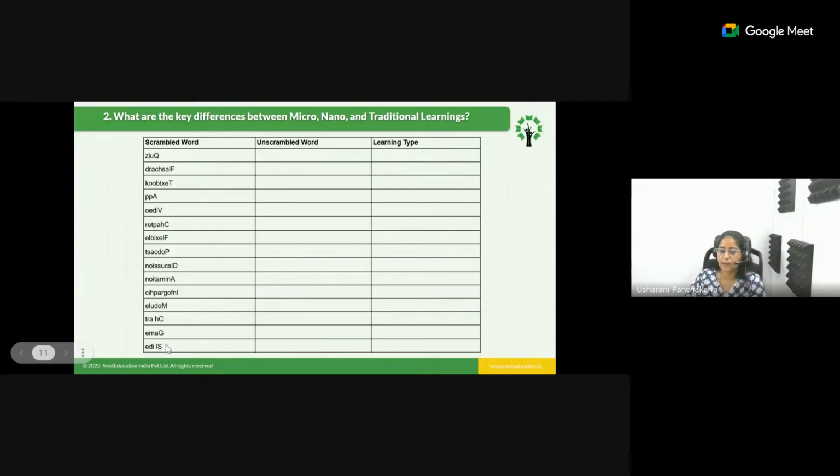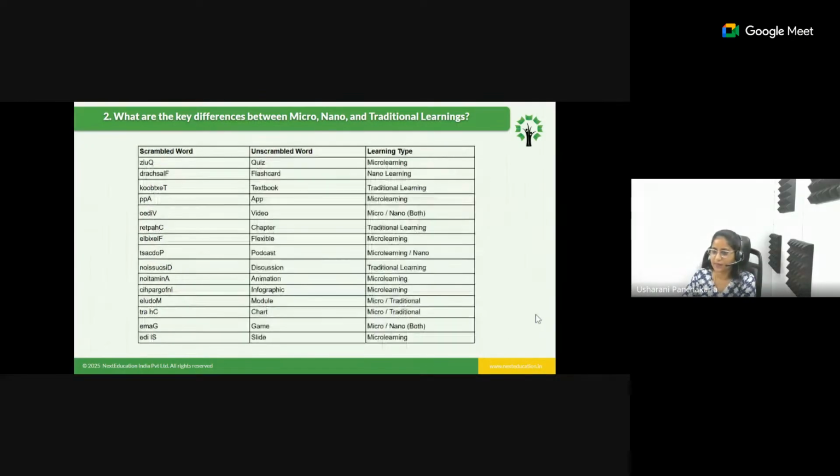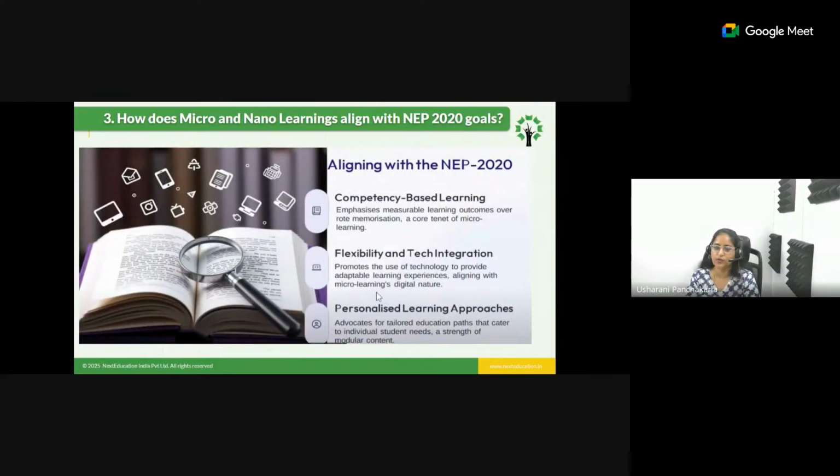What is this? Slide. Yeah, it is a single slide, a static image, I can say, where you can use it mostly in nano learning. Right. Good. I hope everyone is following. Yeah, these are the answers. You have said it well. So let us go on to the next one.